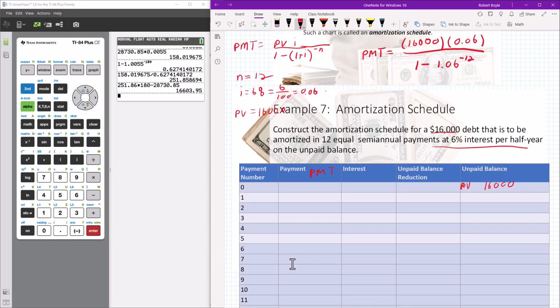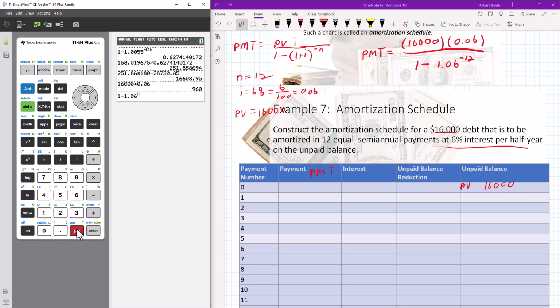And of course, we're going to compute this the way we have computed it before. First, the numerator, 16,000 times the interest, 0.06. That's our numerator. The denominator is going to be 1 minus 1.06 raised to the negative 12th power. That is our denominator. Then the payment will be equal to the numerator divided by the denominator,